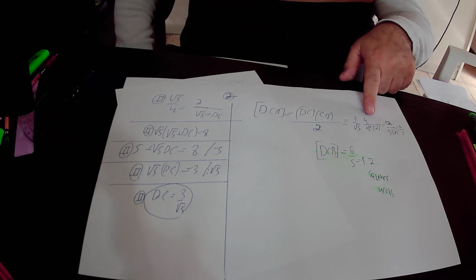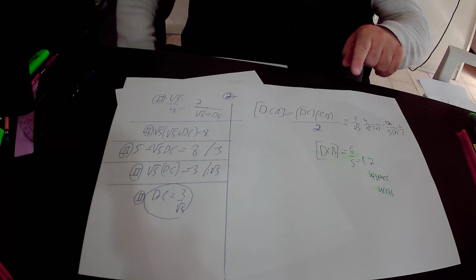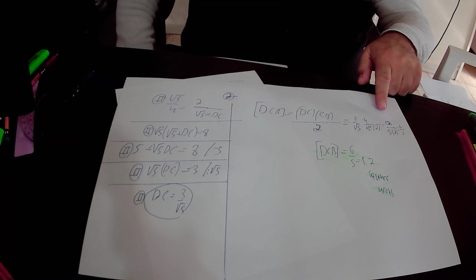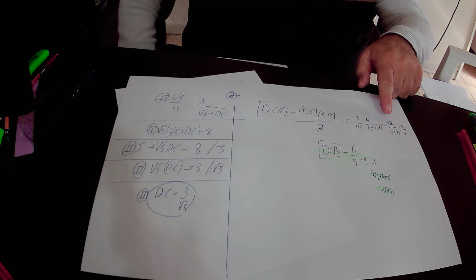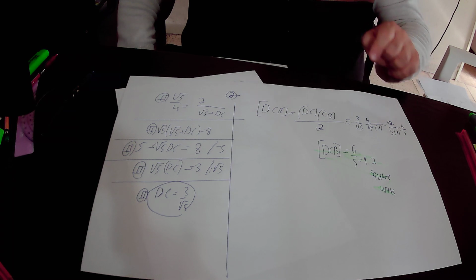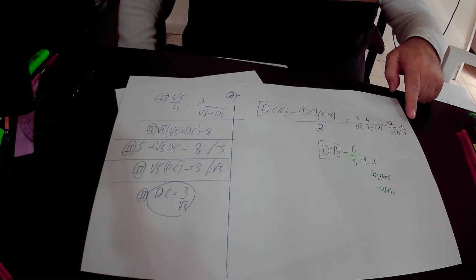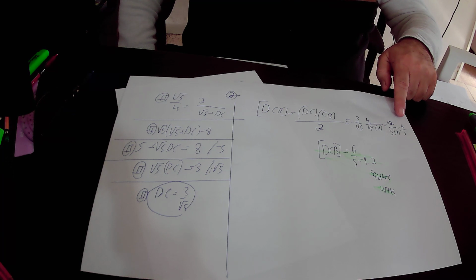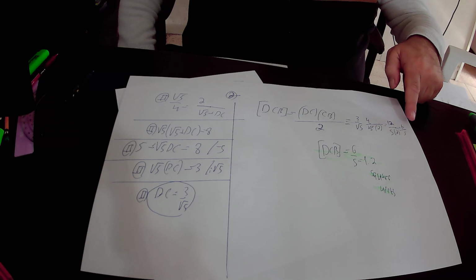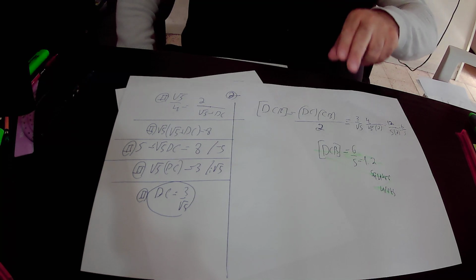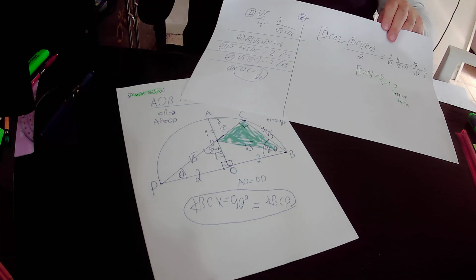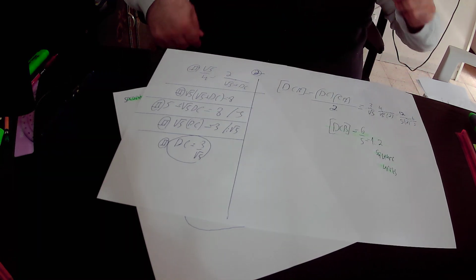CB equals 4 over square root of 5 units, all divided by 2. 3 times 4 is 12, and square root of 5 times square root of 5 is 5, times 2. 12 over 2 is 6, so in the numerator we have 6, and in the denominator we are left only with 5. So in conclusion, the area of the blue right triangle DCB equals 6 over 5 units,